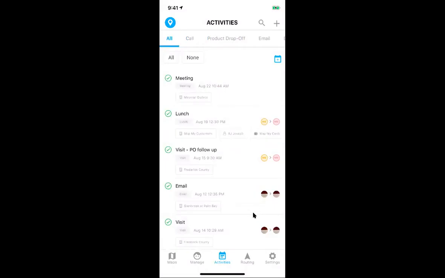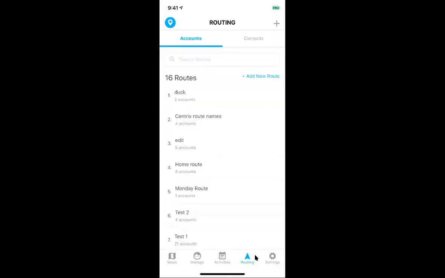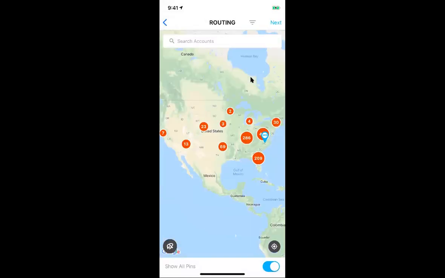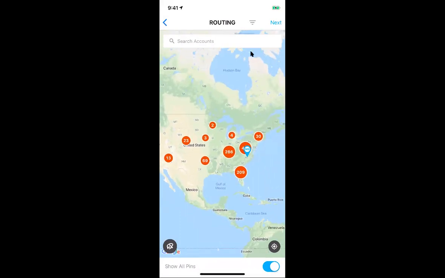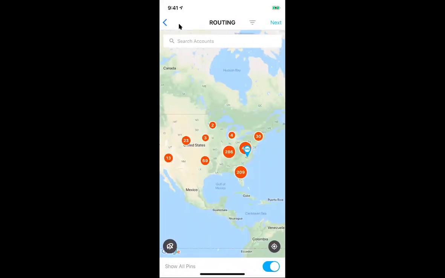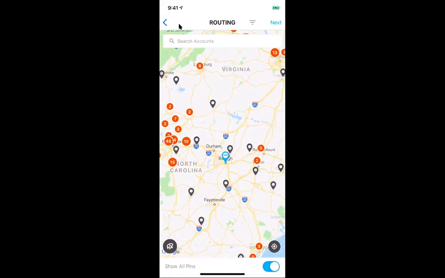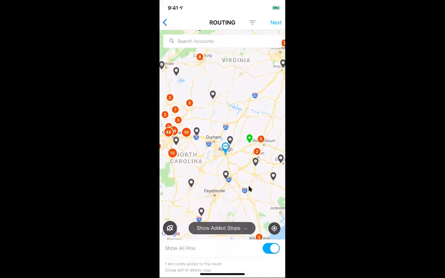All right, and now the next, and really the last part we'll go over, will be the routing portion. A good mobile visualization tool like Map My Customers doesn't exist without a core routing feature. So what I'm going to go ahead and do is click through Add New Route and build a route for my accounts. Say I want to apply that same filter from before. You can go through the filtering process right there, or just zoom into your area and see exactly what you want to target. Let's say I want to add each of these pins to my route,